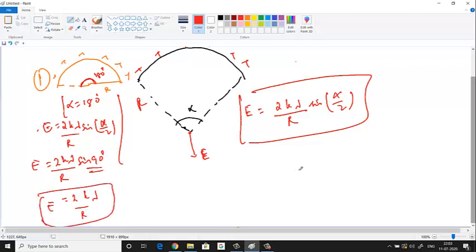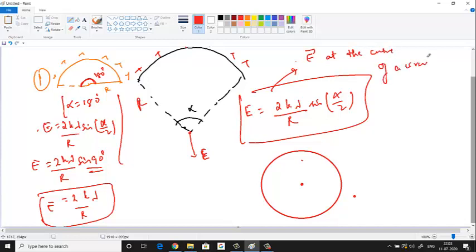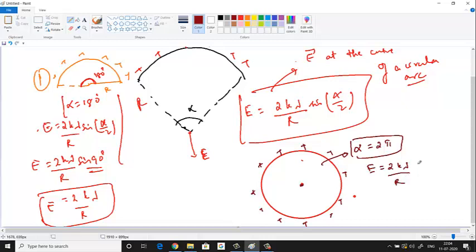If we take a complete circle also, for example, just now we saw the result. This is applicable only for the center, the electric field at the center of a circular arc. A circular arc or a full circle also you can take. So if there are positive charges here, uniformly distributed, because it is true only for uniformly distributed charge, what is the electric field at the center? One circle subtends an angle of how much at the center? 2 pi. Alpha is equal to 2 pi for the ring or circle. Then what is the electric field? 2k lambda by r into sine 2 pi by 2.